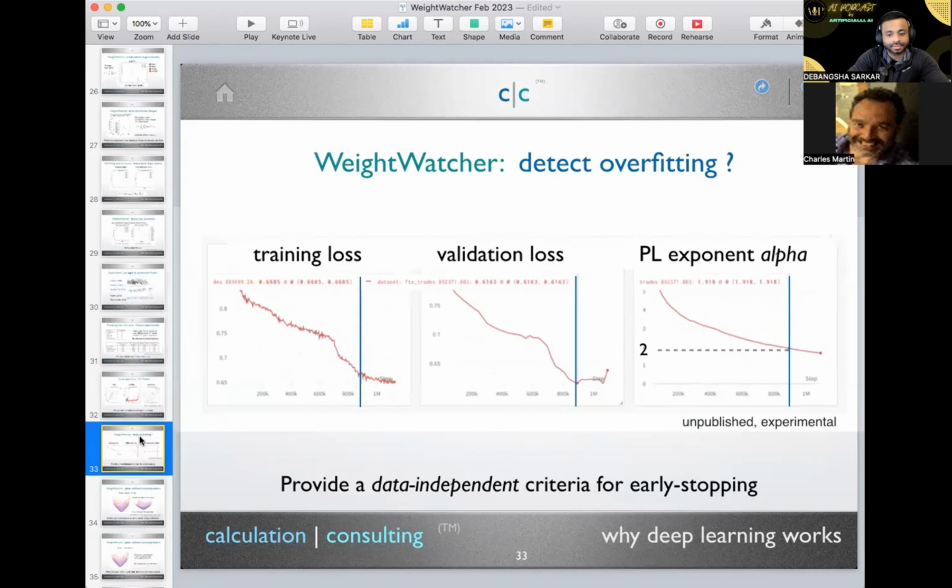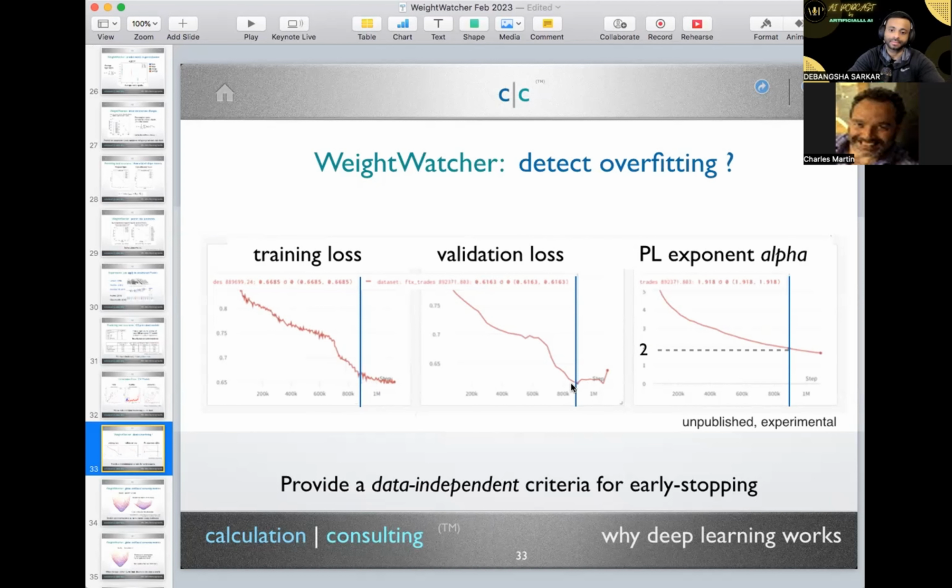Now, this is something we're working on to really try to understand better. There's a fellow, Xander Dunn, who was working at a hedge fund, using our tool, which is very popular in the hedge fund industry. In finance, you can't look at the test data; if you do, you're overfit, and that's a disaster. So he used alpha for early stopping. He was training a transformer model and plotting the training loss versus the validation loss.